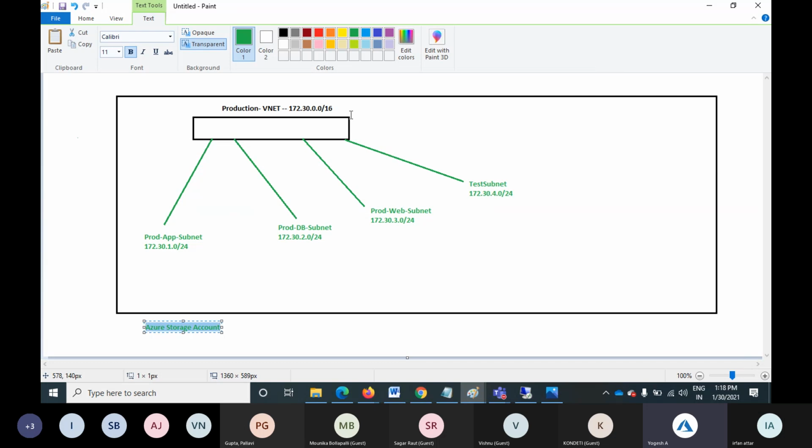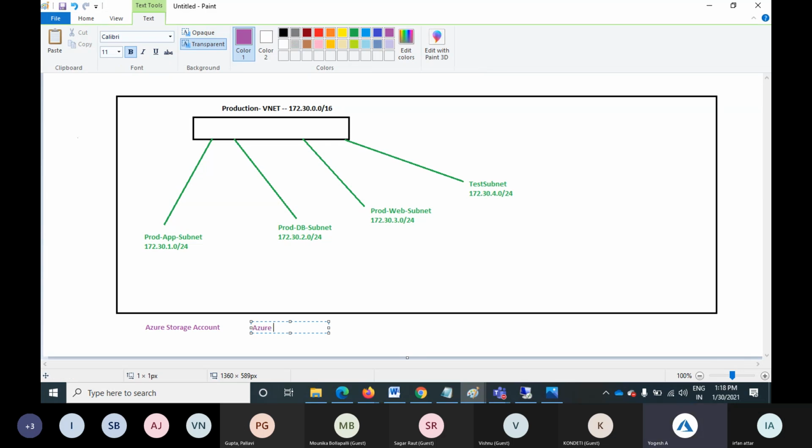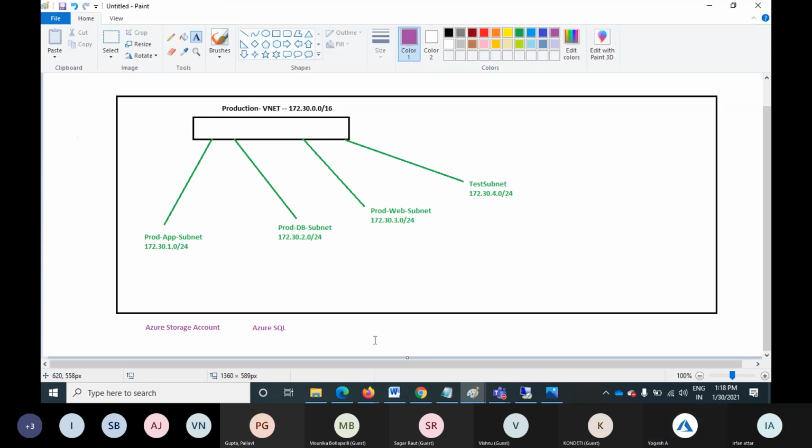Azure storage account as an example. Okay. As another example, Azure SQL service. Okay. Now there are multiple endpoints. So what we can do, we can configure the endpoint for that particular subnet, means that particular subnet can communicate with the storage account. That particular subnet only can communicate with the Azure SQL service. Okay, so you are going to restrict the service with that particular subnet, which only